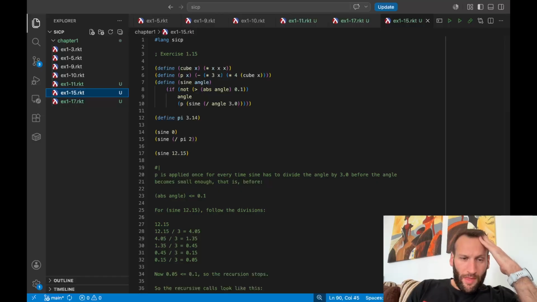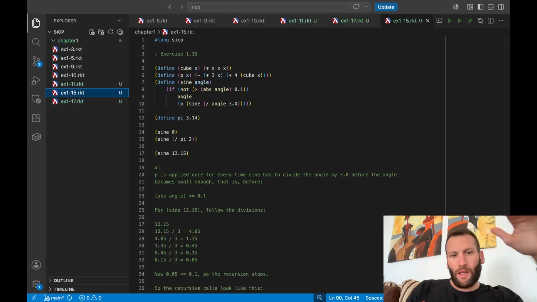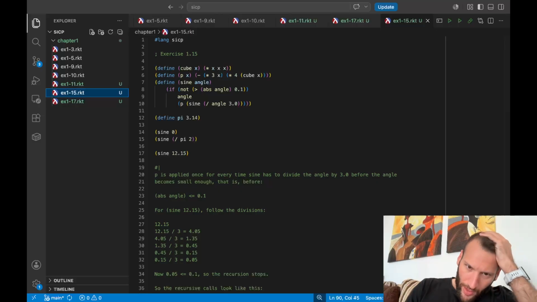For purposes of this exercise, an angle is considered sufficiently small if its magnitude is not greater than 0.1 radians. These ideas are incorporated in the following procedures,